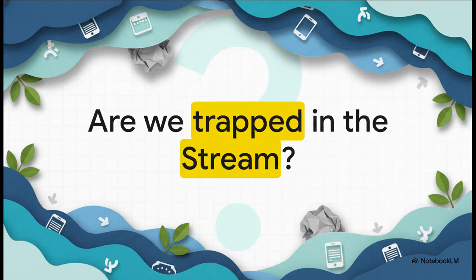But before we start planting, we've kind of got to ask ourselves a really fundamental question. Are we trapped in the stream? Think about your daily internet experience for a second. Most of us are pretty fatigued by the modern timeline-based web. We open an app and bam, we're hit with this relentless, fleeting flow of feeds. Information just rushes past us in reverse chronological order. It's built for these immediate, loud thoughts that grab your attention for a few fleeting seconds, and then they just disappear forever. It's exhausting, isn't it?